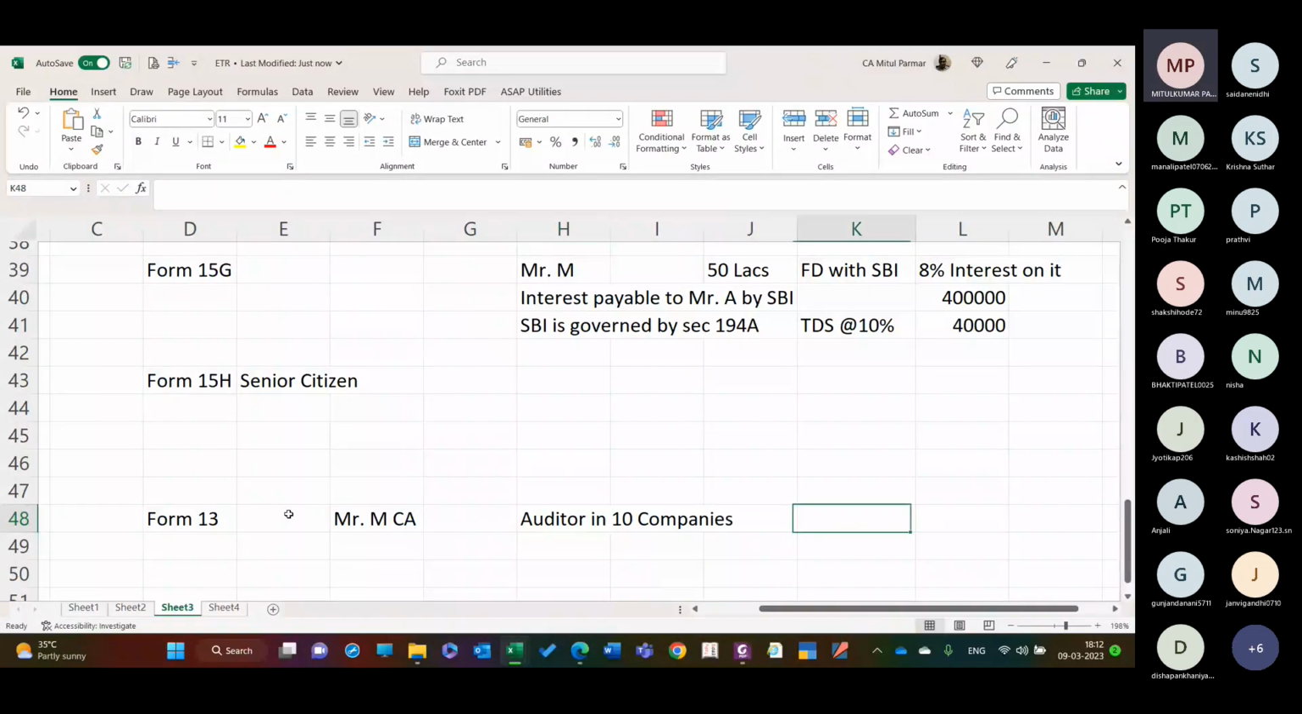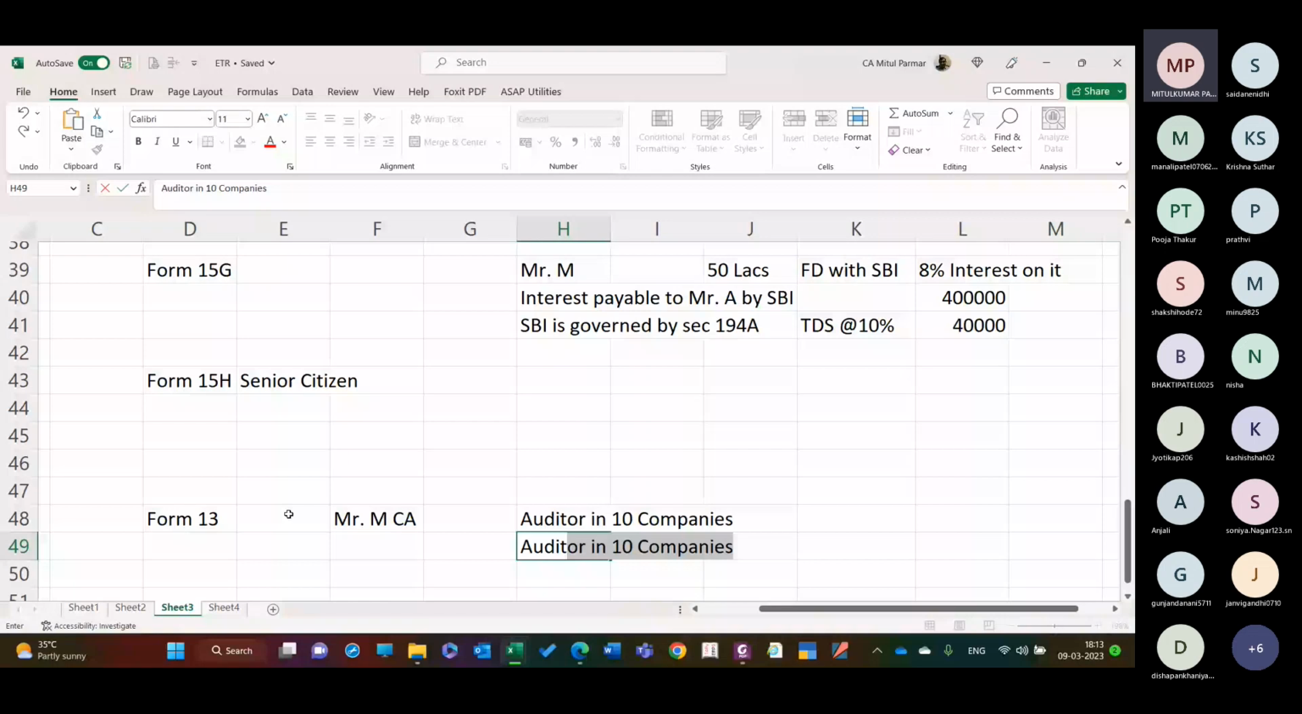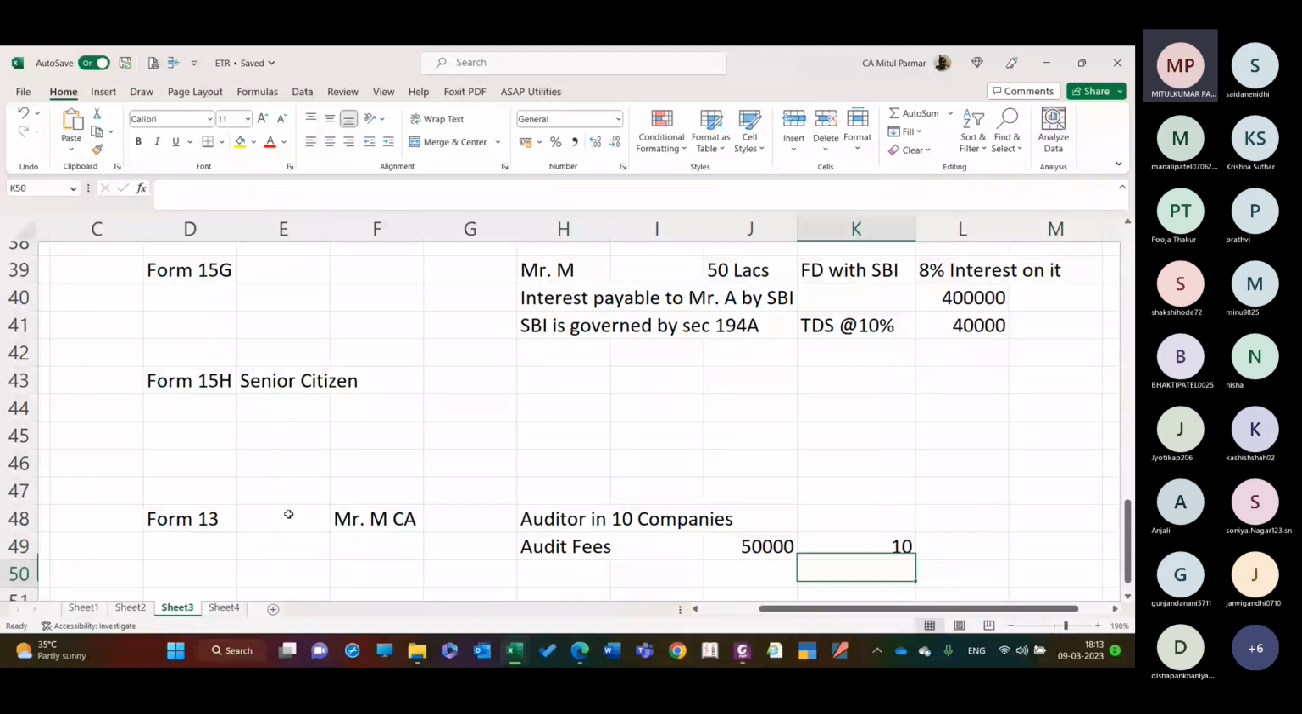Now let's take an example. He is charging audit fees for rendering the auditing services to all these 10 companies. Obviously, these 10 companies are making the payment of audit fees to Mr. M for the services that Mr. M is rendering to the companies. So hypothetically, I am saying 50,000 rupees for each company. So there are 10 companies. So the receipts